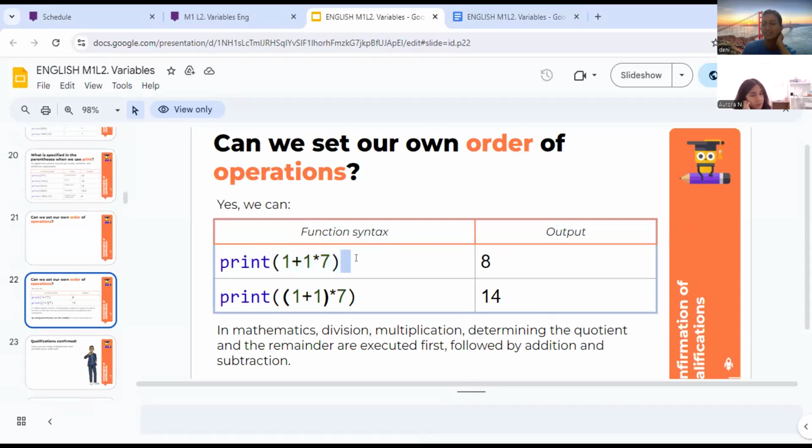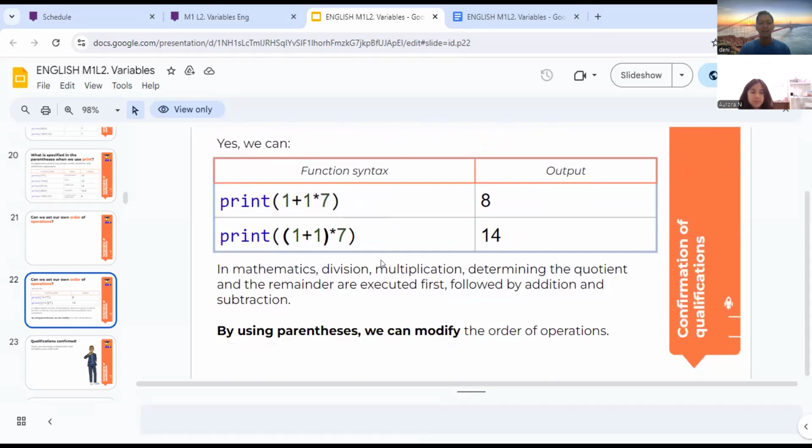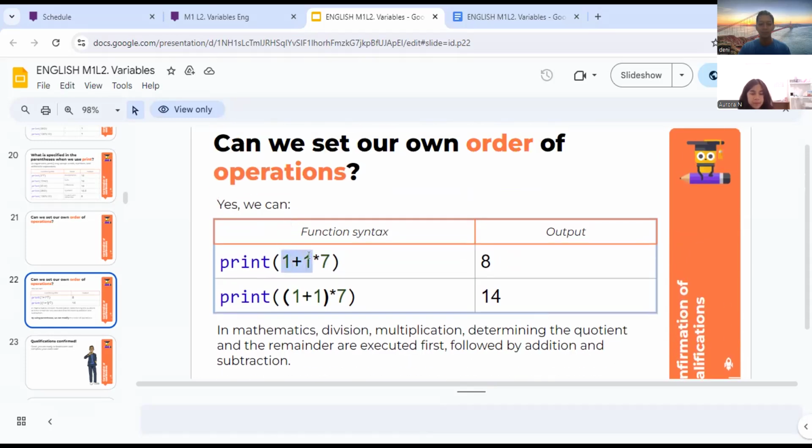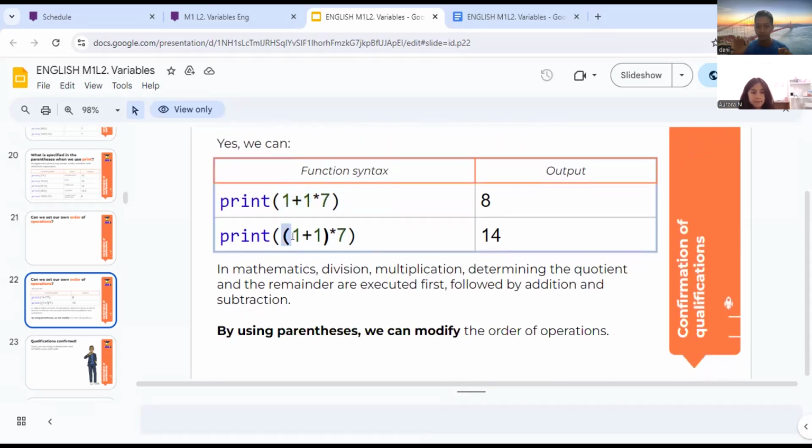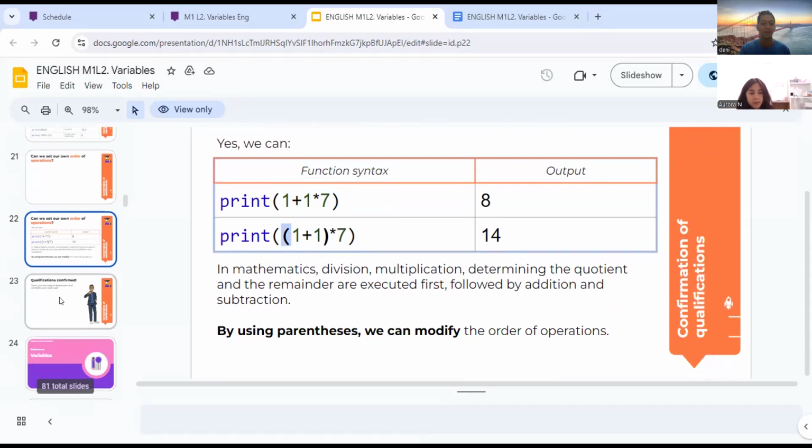Why not 14? Because it will do the multiplication first. That's right, same as in math. We calculate the multiplication first, and then the plus. If we want to do the plus part first, we must add brackets. Same as in math.